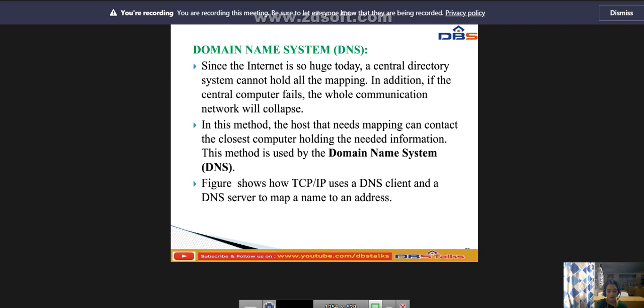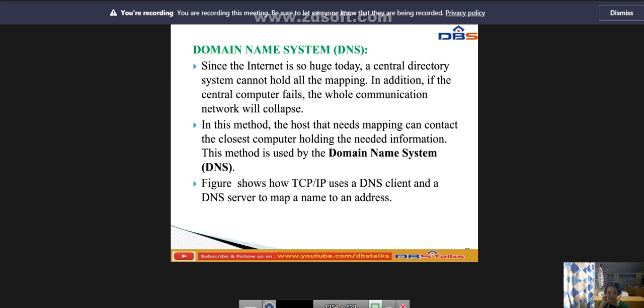A user wants to use a file transfer client to access the corresponding file transfer server running on the remote host. The user knows only the file transfer server name, such as filesource.com.